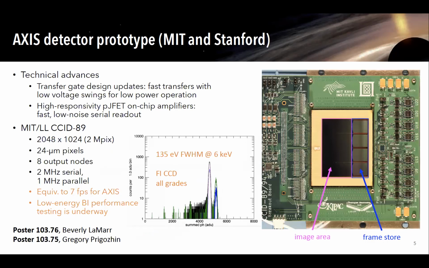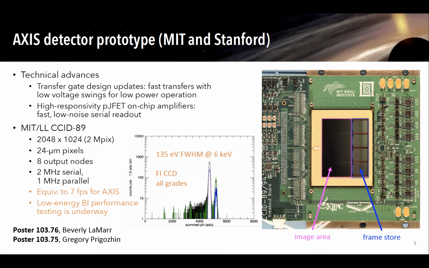Okay. And so we do have a detector prototype. The CCD is being developed by MIT Lincoln Lab and tested by our labs on campus at MIT. What I'm showing over on the right is an actual photograph of a prototype that we have currently running in the lab. And there are 2 technical advances that Lincoln Lab has come up with that really make this possible and make us able to run as fast as we can and meet those performance requirements.